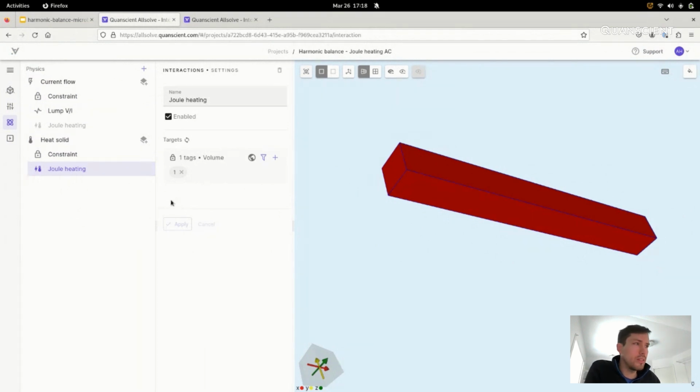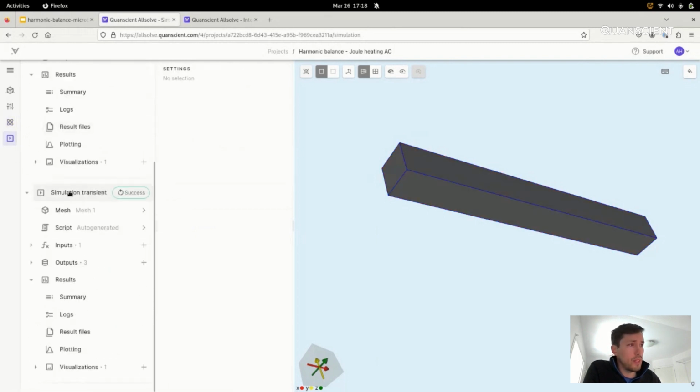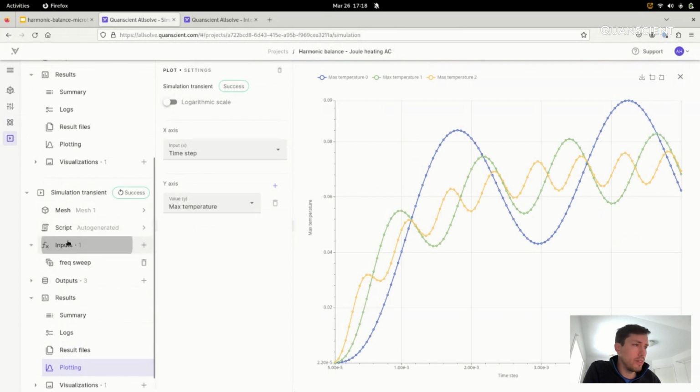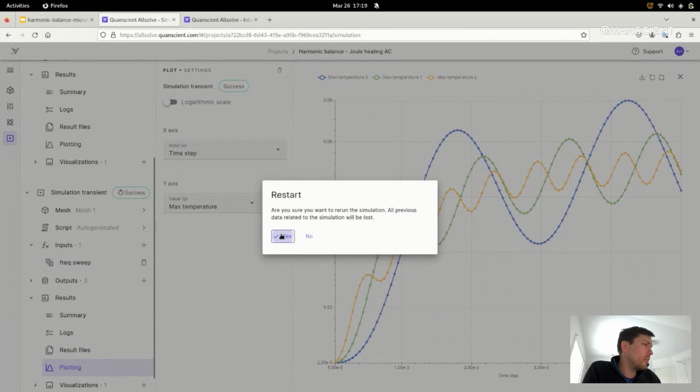So it's the current density times the electric field. And this is a nonlinear behavior that we will just now analyze. If I solve this problem in the way that is usually done, I could run this live. So I make a frequency sweep for this transient analysis. I will run for 200 hertz current drive, 400 hertz and 800 hertz. And what we will see is that